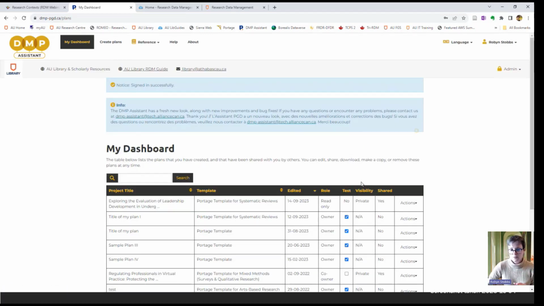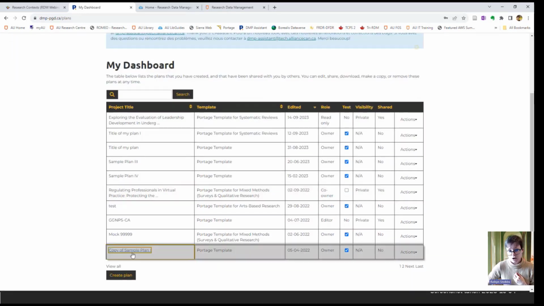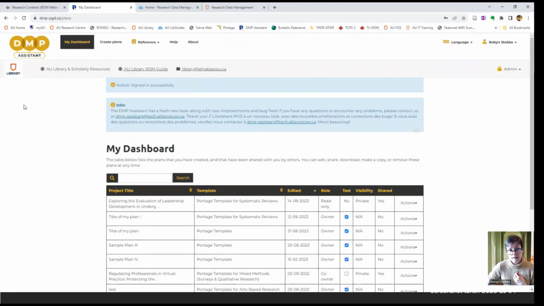Okay, so some features in here I'm going to give you a quick overview of. You have a dashboard which lists all of your plans. There are some links at the top, and I should note, this is what it'll look like if you set your affiliation as Athabasca University. So there will be links back out to our library's homepage, our library's research data management guide, and to a general email that'll get you in touch with the library. If you create a plan,